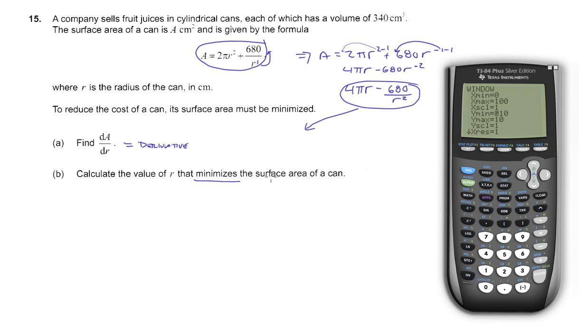Let's see, oh, no, wait, the surface area. So we're minimizing the surface area. Obviously you cannot have a negative surface area, so the y minimum is going to be 0. And then now the maximum, so we're talking about the surface area of the can. We don't know what the surface area of the can is going to be. The volume is 340 cubic centimeters, so let's maybe put in, I don't know, maybe 1,000 and just see what